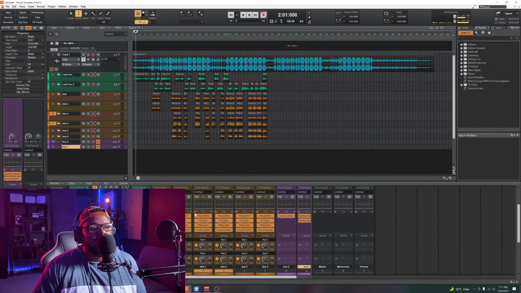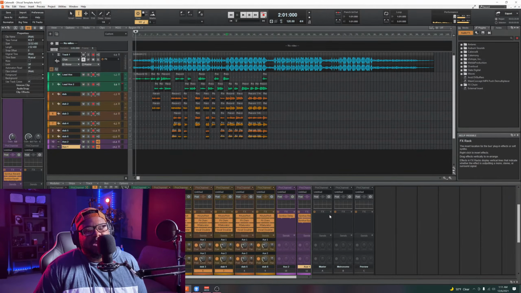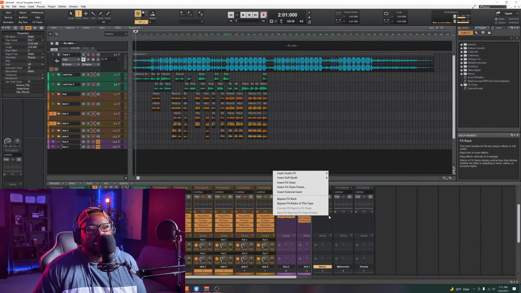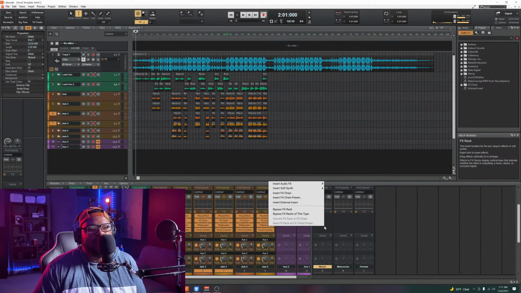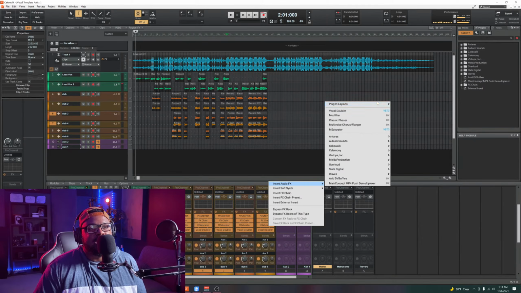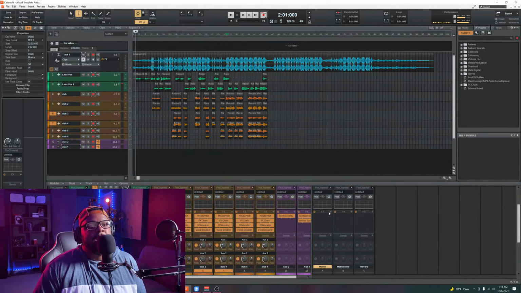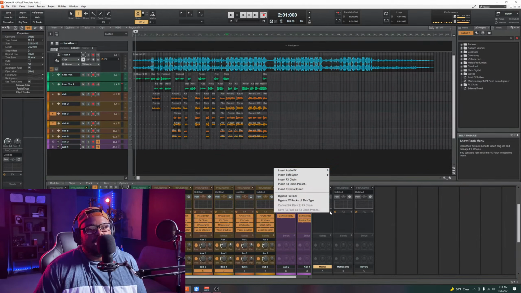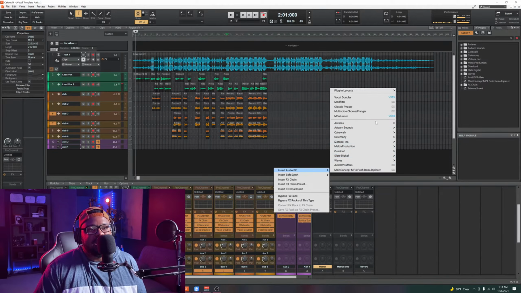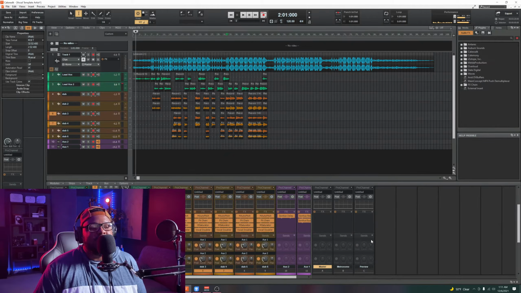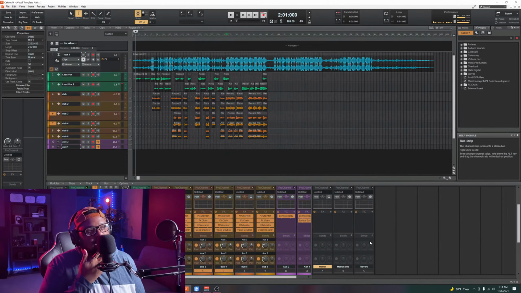I feel like inserting the plugins is not necessarily self-explanatory like how it was in Pro Tools. Like I don't like that. If I right click here and go to insert something, then I can do that. But if you just click this plus button, you can insert, do the same thing, and pick whatever plugin you may want in here. But I just felt like that wasn't super